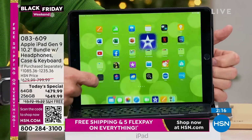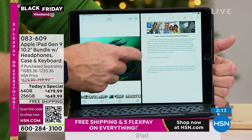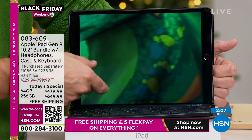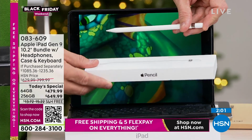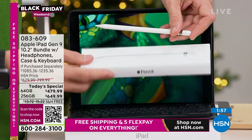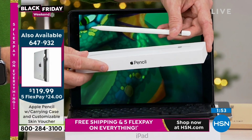You were talking about drawing and everything like that. I'd love to show this example. This is Shannon Fox's daughter. She created this artwork. Look at that, look at the detail. Oh my gosh. She happened to pick up the Apple Pencil, which we also have if you wanna pick up the Apple Pencil. And this is compatible with it, right? Definitely compatible with it. Yeah, not all of them are. Correct. So this 9th generation is, and this is also the lowest price we've ever offered the Apple Pencil. You get